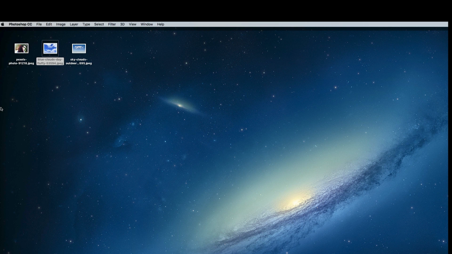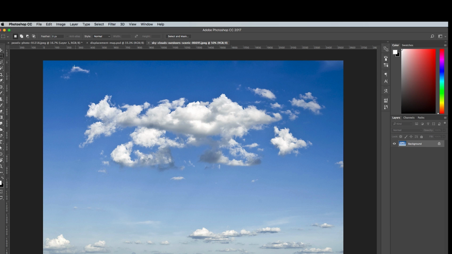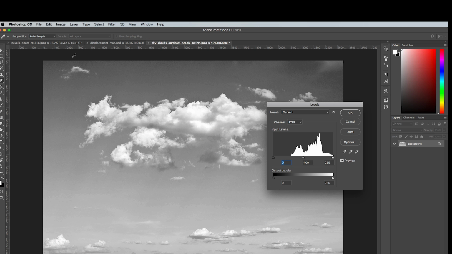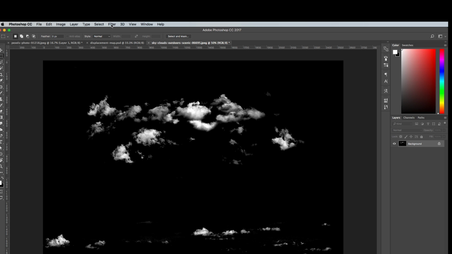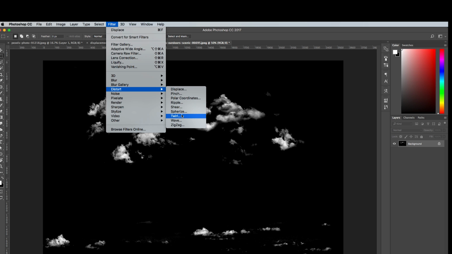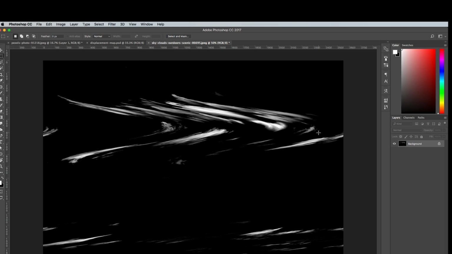Open up a new clouds image and repeat the filters. This time use the shortcut Command Shift and U to desaturate and Command and L to open the levels. Drag the shadow slider over to the right to make the sky black. Add the shear effect from the filter and distort menu, which will still have the previous settings applied, then add